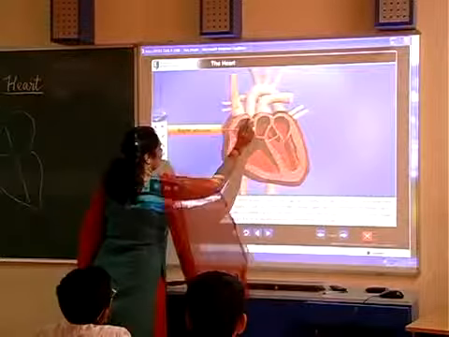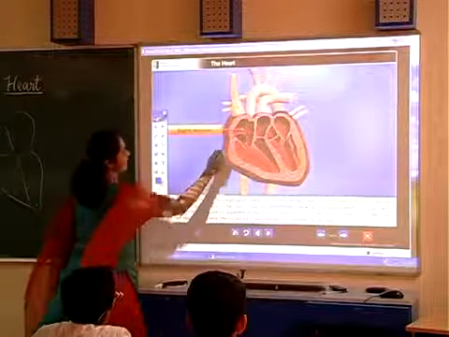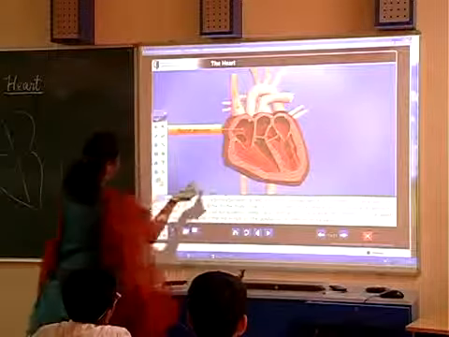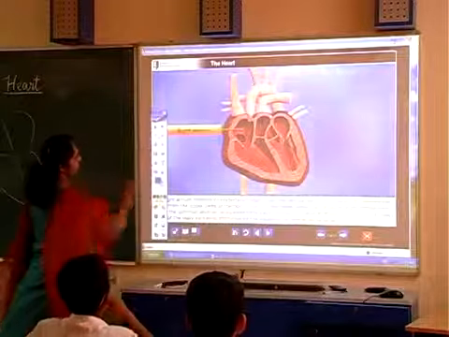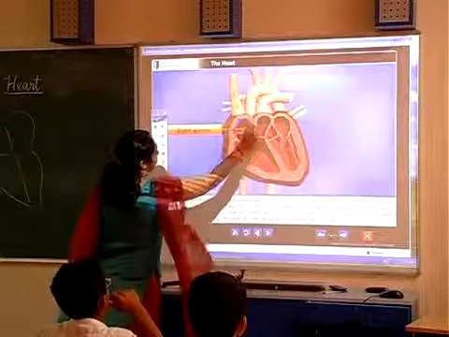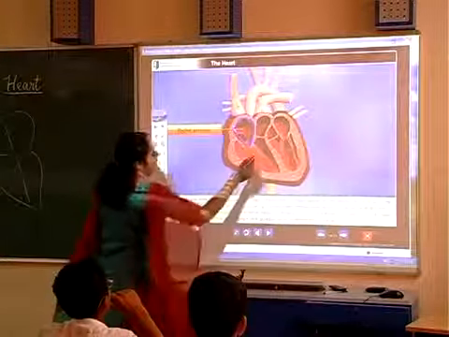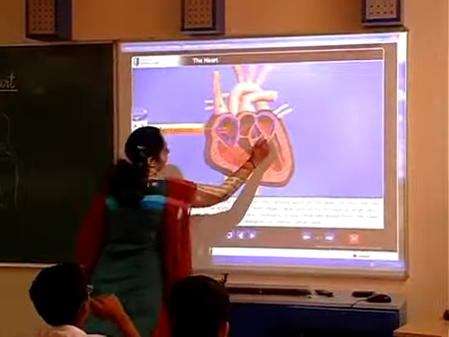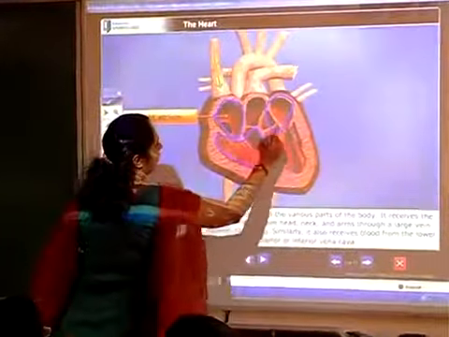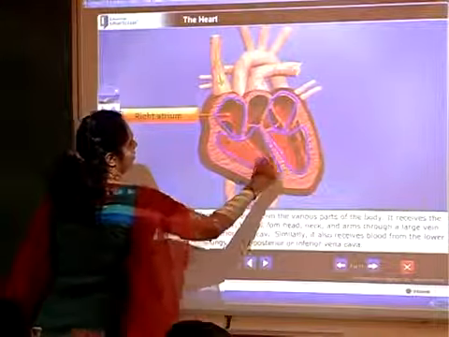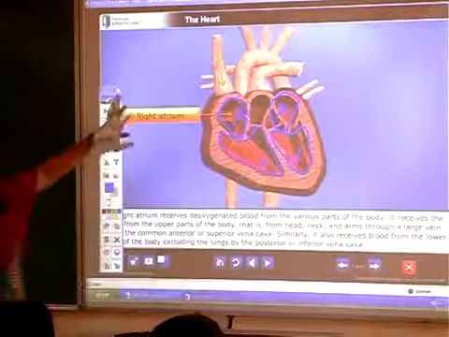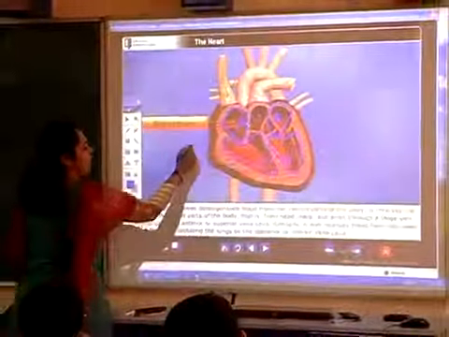I'll just outline the entire thing here. Alright, so this is okay. Now this is the auricles, and these are the ventricles. Okay, so the blood flows into the right side